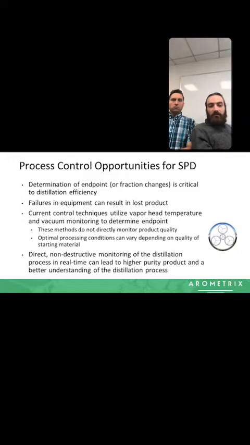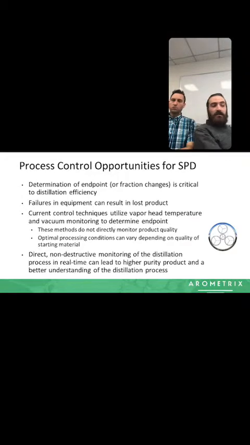So a little bit better that people have actually kind of done, and this is traditional for distillation processes, is using something called vaporhead temps. So vaporhead temps is an indirect measurement of what you're distilling. Basically what you're doing is you're just measuring the actual temperature of your vapors during distillation. This is great because it can actually help you suss out what is being distilled based off the boiling point